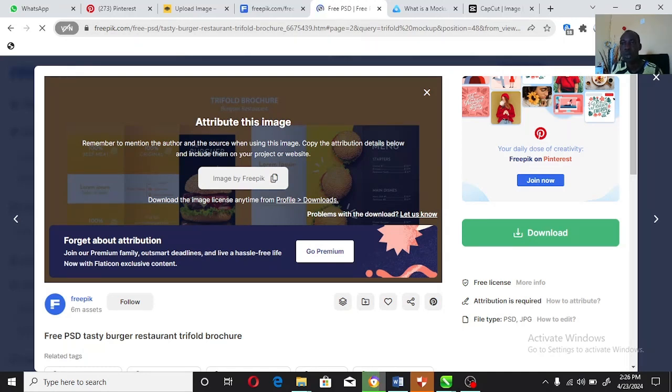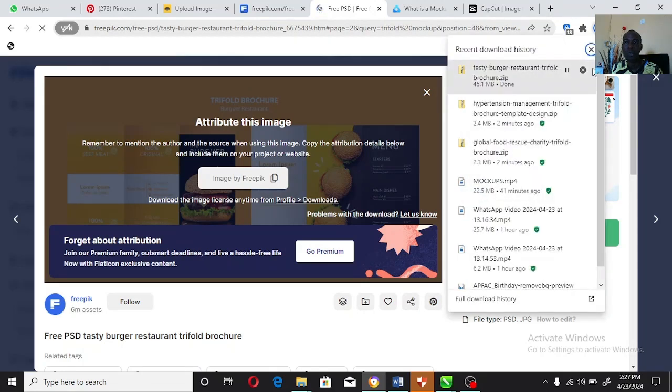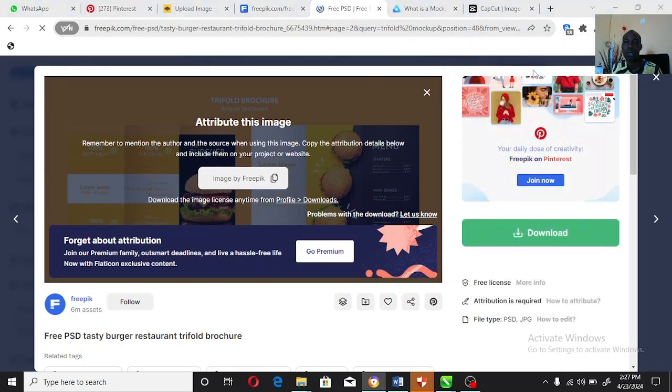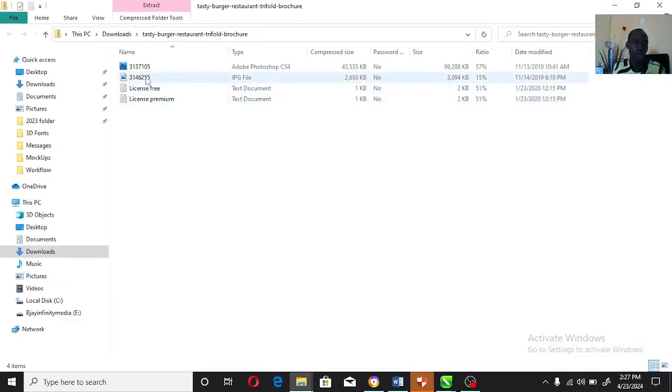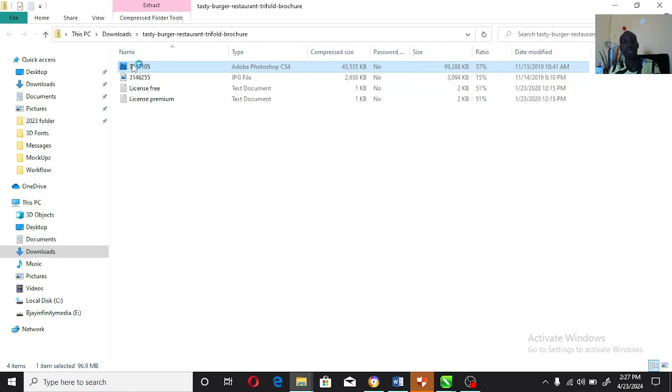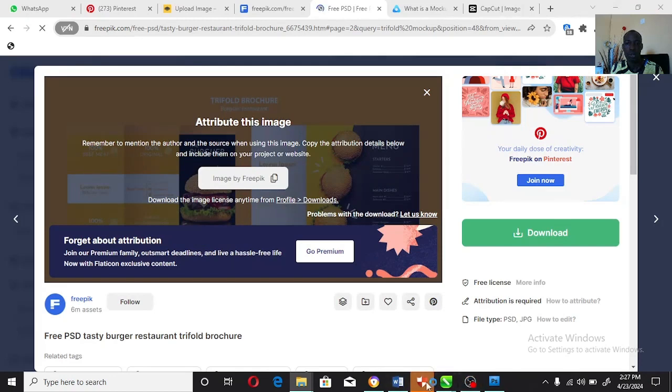Let's hold on for a while. This is a Photoshop template. Now, what you need to do after you must have come this far is double click on this PS and hold on for it to open in Photoshop. Once it opens in Photoshop, while it's opening, rather, you go back to your